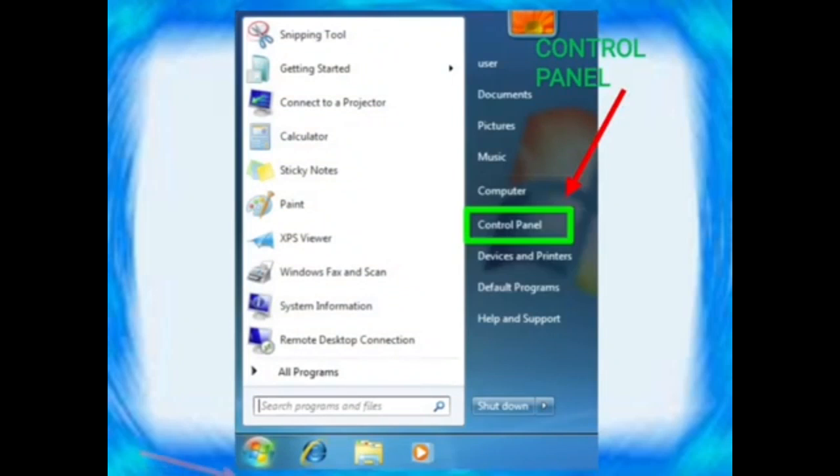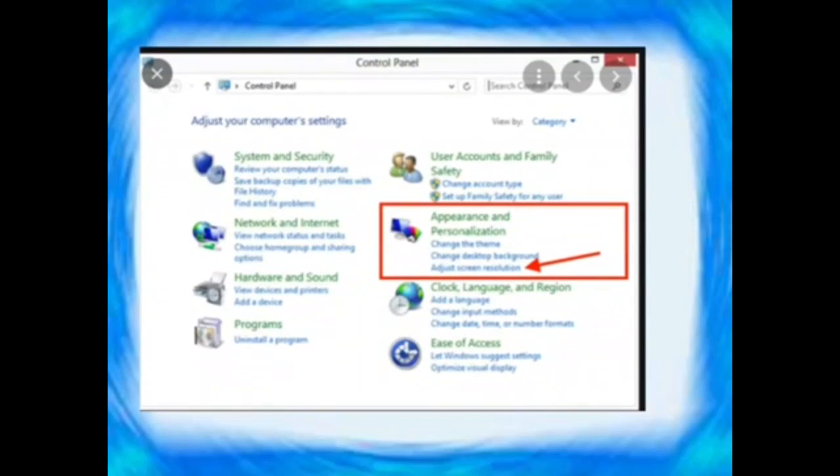So step 1, the same: you have to click on the start button, then choose the control panel. The same procedure, start button, control panel. Then there are 8 control panel options. For clock, language and region, if you want to change the time, you have to go to clock, language and region. If you want to change the pointer, that is the mouse option, you have to go to hardware and sound.